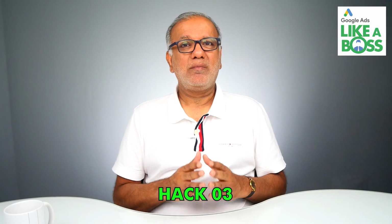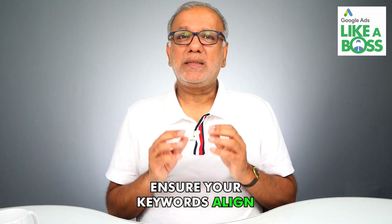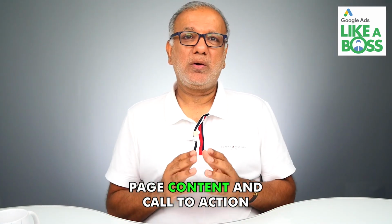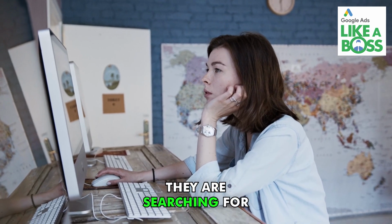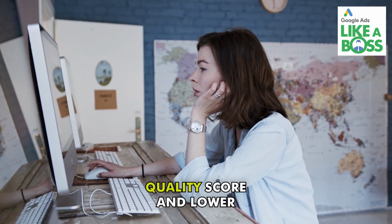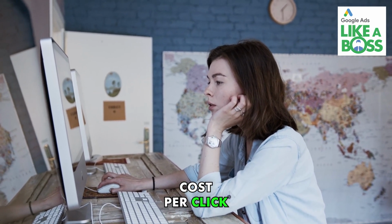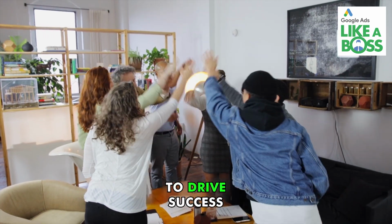Hack number 3. Landing page alignment. Ensure your keywords align seamlessly with your landing page content and call to action. When visitors find what they're searching for, they're more likely to convert, resulting in a higher quality score and lower cost per click. Empower your Google Ads campaigns with these keyword hacks and unleash their potential to drive success for